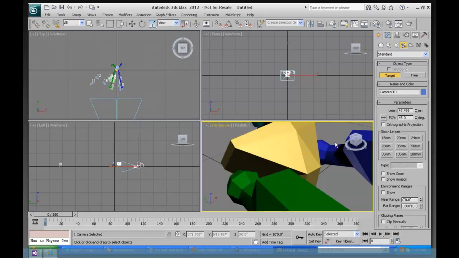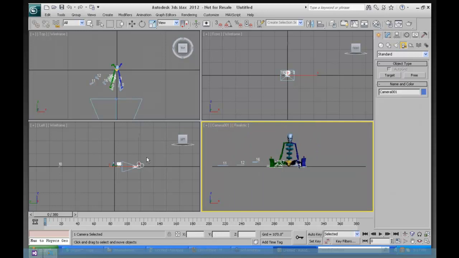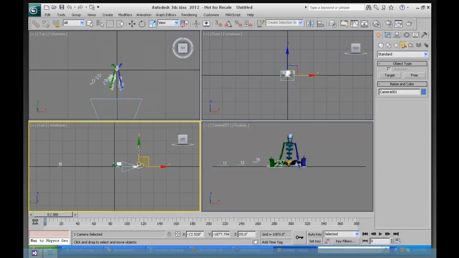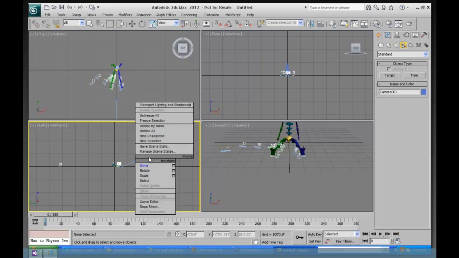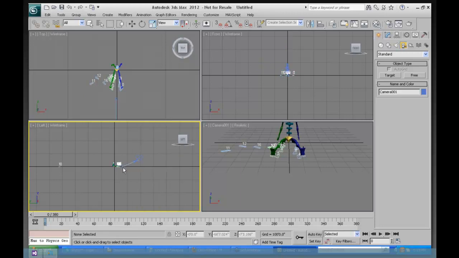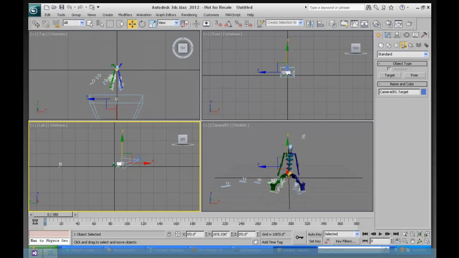Cameras, camera 1. Okay, there we are. I think it might be good to have this camera up in the air a little bit. I know I'm taxing my machine here. And let's even move the target up a little bit. Right click. Select. Move. That's good. Okay, now I'm going to link